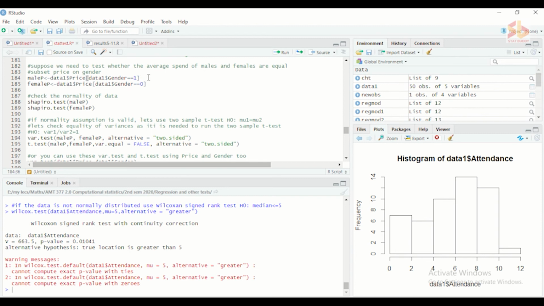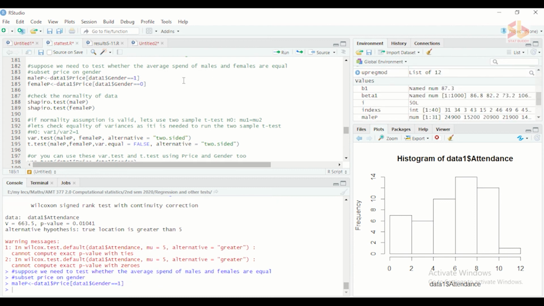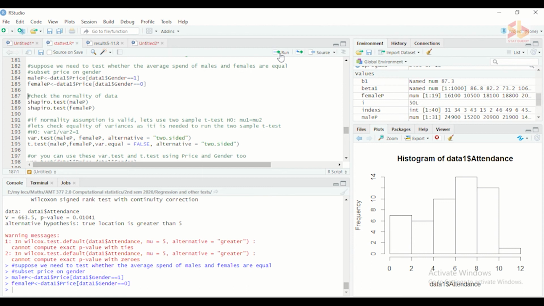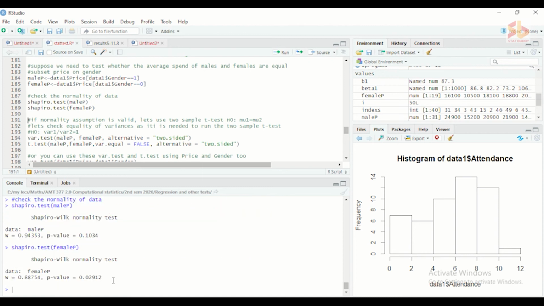So I am taking a subset of the original price variable, where this line stores the prices of males and this line stores the prices of females, and I can perform the normality test for male price and female price separately. So you can see male prices are normally distributed, and female prices are also normally distributed after splitting the data.